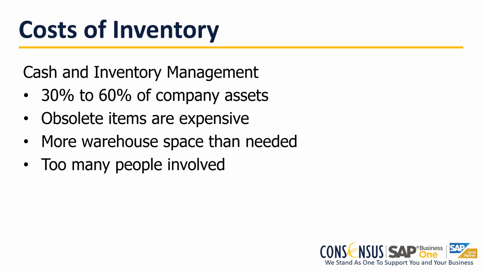So when we talk about the cost of inventory and why this is important, let me explain that in words and then in a graphic. So the first thing is the cost of inventory usually represents 30 to 60% of the assets of the company, and that is really significant. So in order for the company to carry business, they have to either get money from the investors, or they have to get a loan, or they have to finance the inventory from vendors. It has a cost, and it's significant.